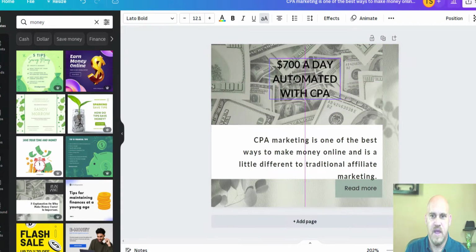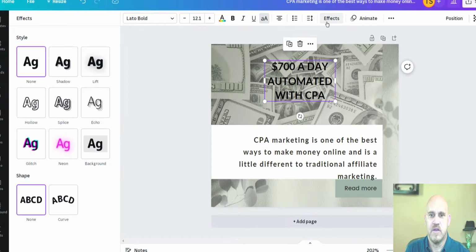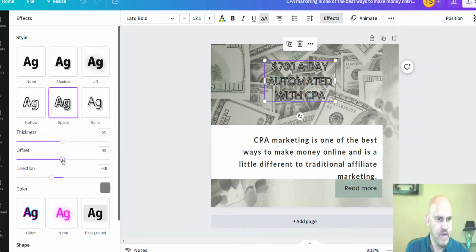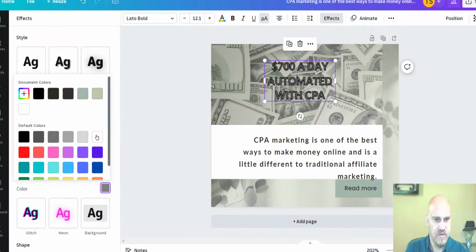We don't need that. And we're gonna do a little effect on here. Go over here to effects, come over here to splice. Don't want an offset. We do want the thickness pretty big. And then let's go with the white as the inside. Let's go with red actually on the inside. And then